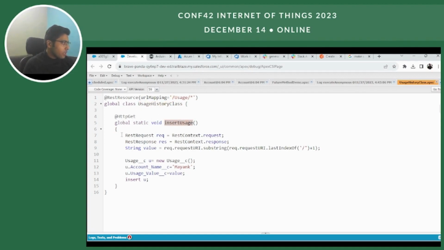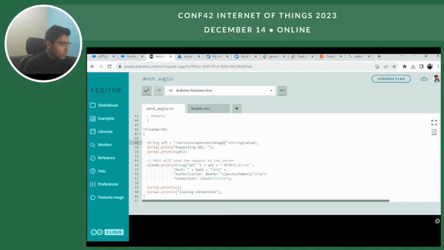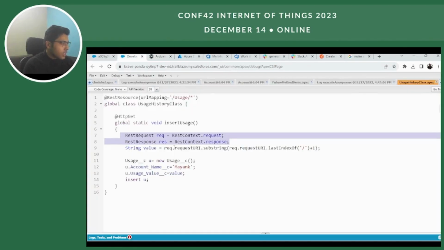Here we declare request and response variables, and whatever value is passed after the usage slash, that value is collected and stored in the string value variable. Then a new object is initialized for Salesforce, and in that the account name is hard coded as my name, and the usage value is set to the value coming in this variable.